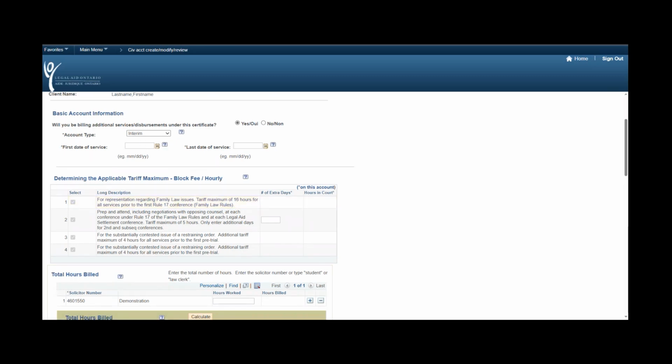So to note as well, legal aid will allow lawyers to bill for services up to 30 days prior to the effective date where there was no private retainer received. You are not authorized to provide certificate services more than 30 days prior to the effective date. However, if you have provided services more than 30 days prior to the effective date, you can request that LAO